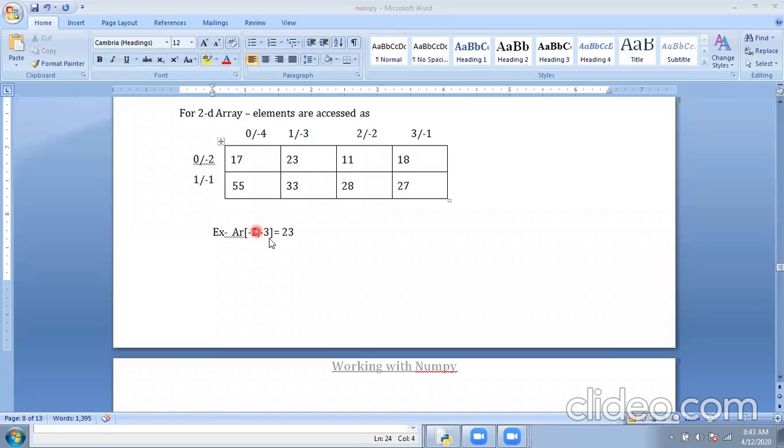And -3 says column. So -3 is this column. So what is between this and this? That is 23. So this is how you can access your element using indexing.